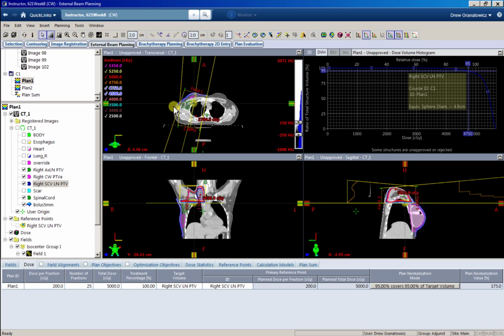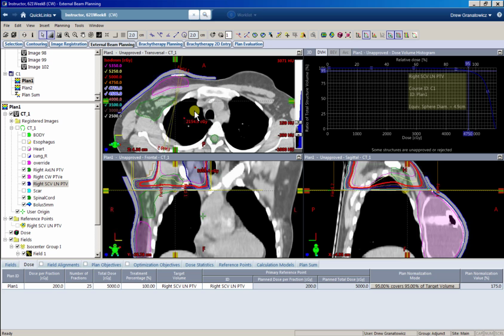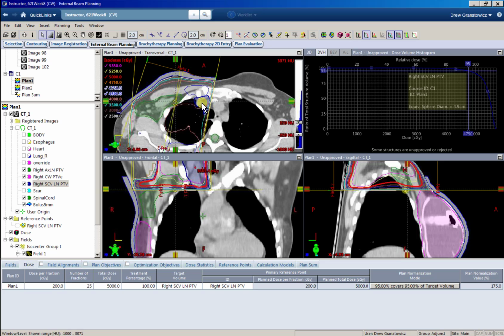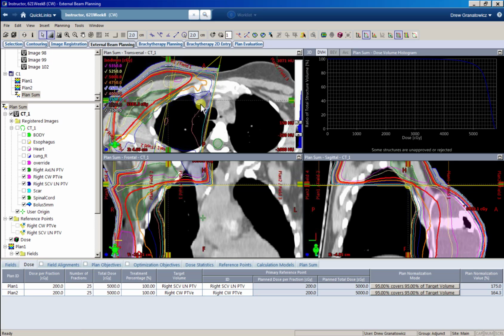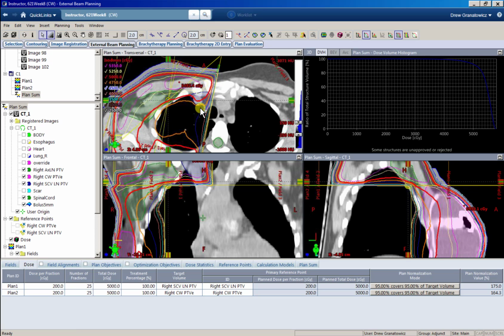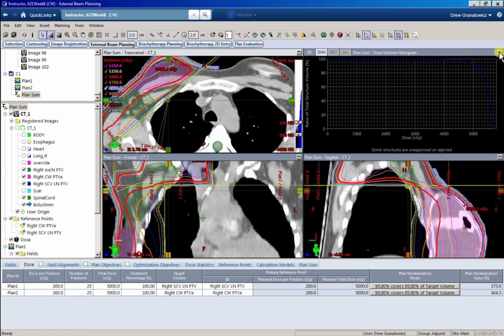Because that's how we're specifically normalized. But it's important to note for this plan that you see our isocenter is right at the bottom of that superclav, right? Literally right at the bottom. So we're cold on these bottom few slices on this individual plan, right? But then when you pull this plan sum over, we're not as cold in our plan sum as this plan one because it's getting a little contribution from our tangent fields, right? So the plan sum,